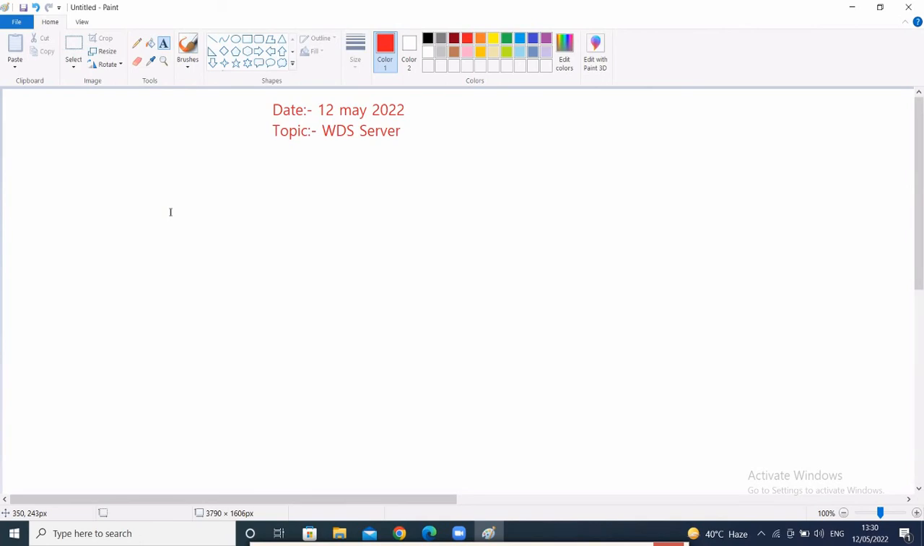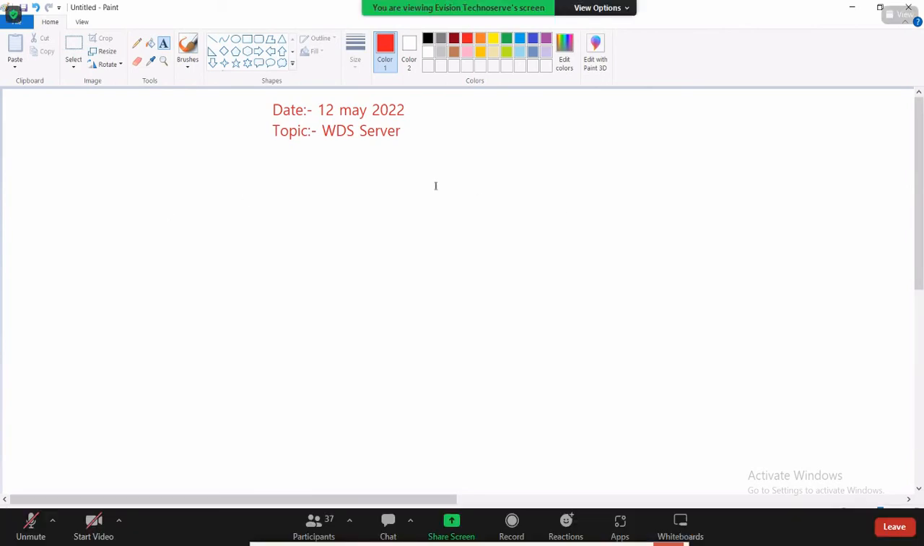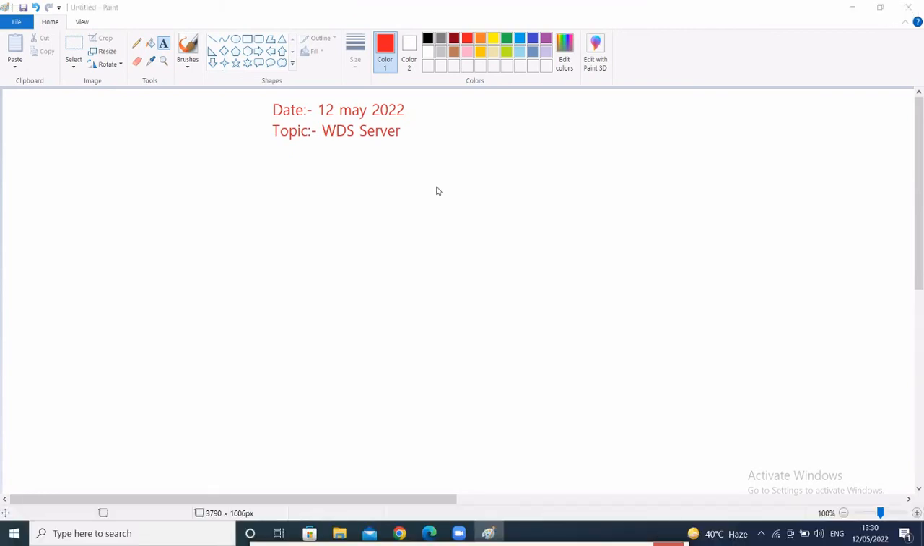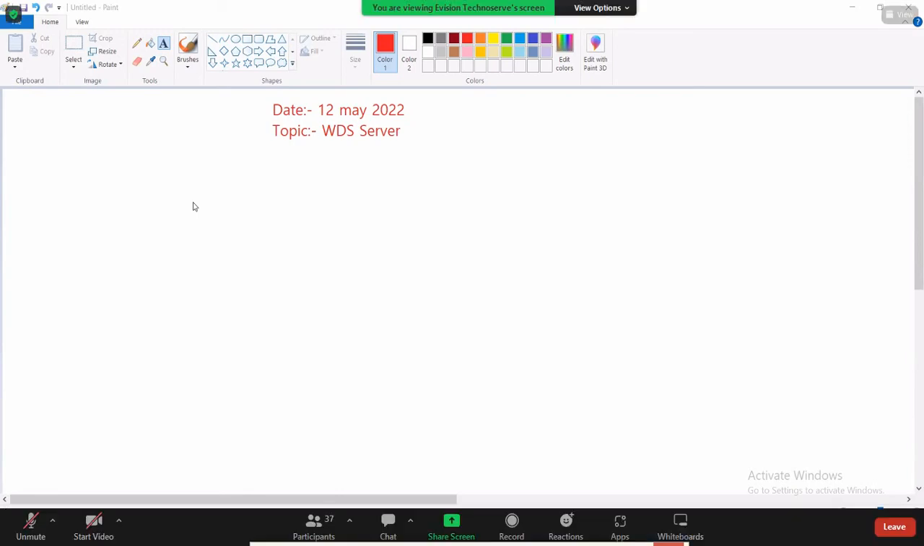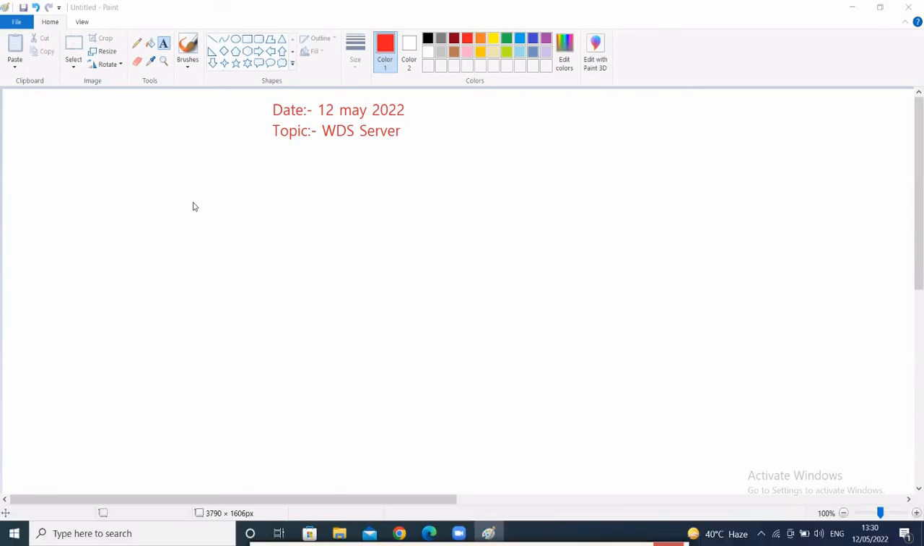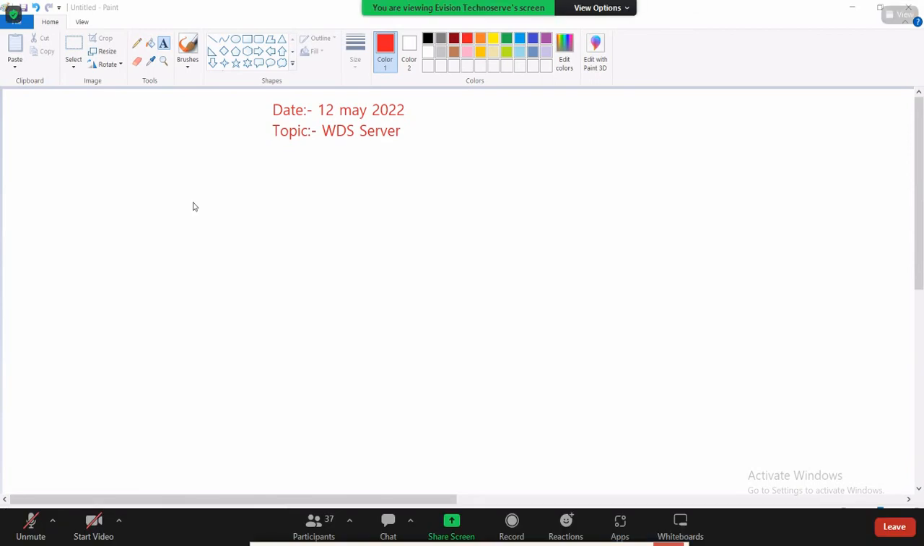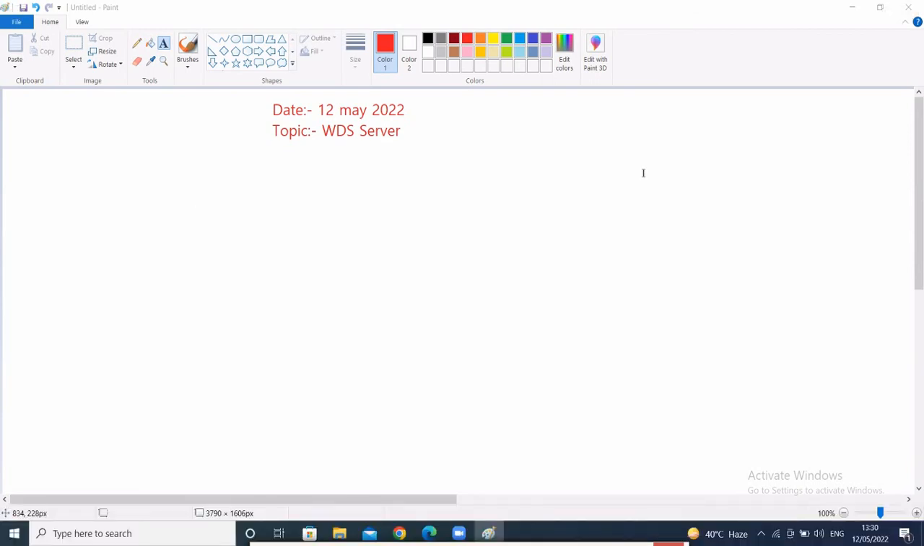Windows Deployment Services. WDS is basically a server role in a Windows server, which will help you to deploy Windows over a network to a client PC, to multiple client PCs at a time. If you want to install an operating system on multiple client PCs at a time,